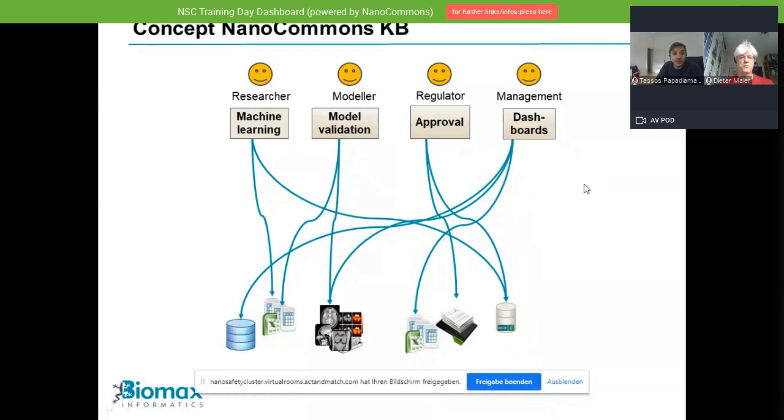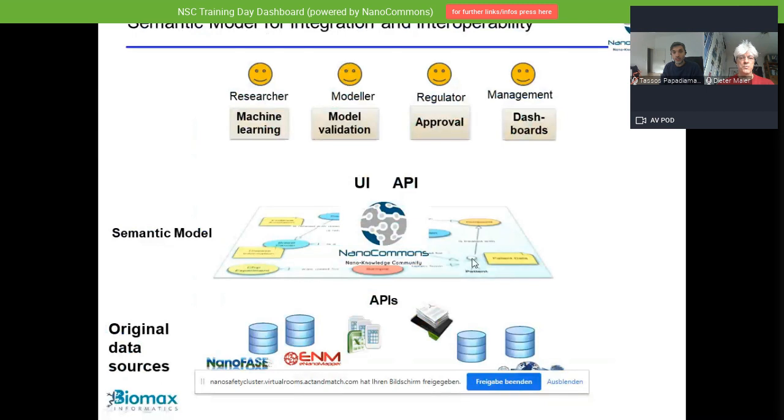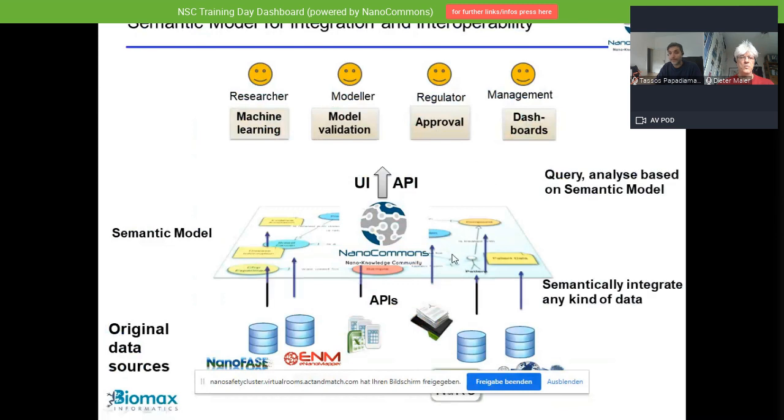What NanoCommons brings to this area is a concept that we call semantic modeling, where you have an intermediate layer that gives you an abstract conceptualization of your field of interest. That layer goes between all the different data sources and all the different applications. That is what NanoCommons is doing.